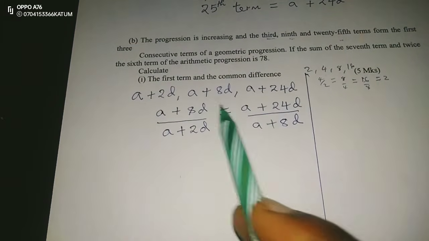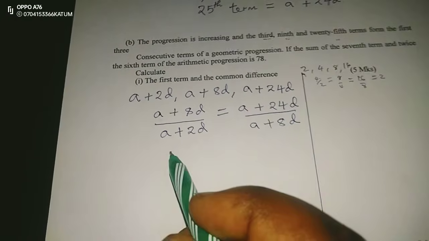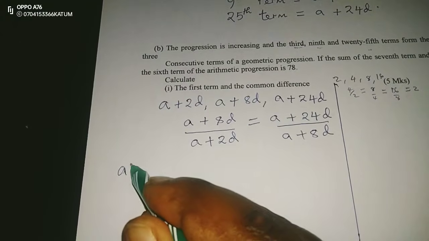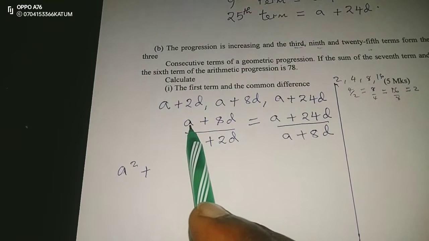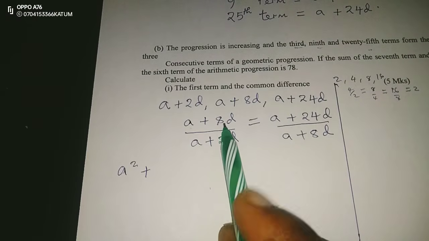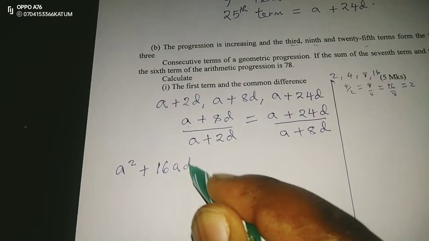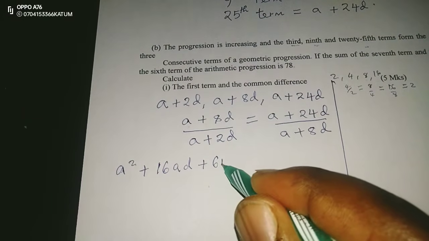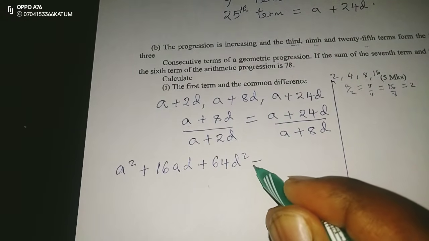Now I can cross multiply: A plus 8D times A plus 8D. That becomes A plus 8D squared. So that means we'll have A squared plus A times 8D times 2. It becomes 16AD plus 8D squared, making it 64D squared. This is equal